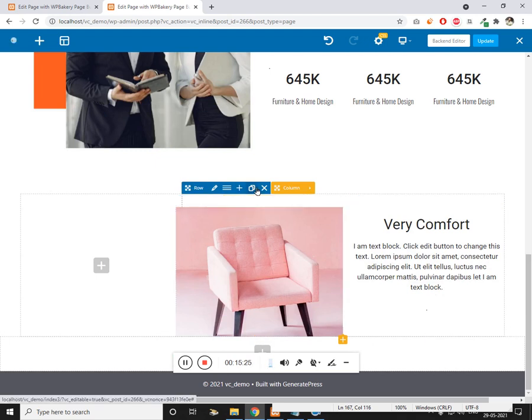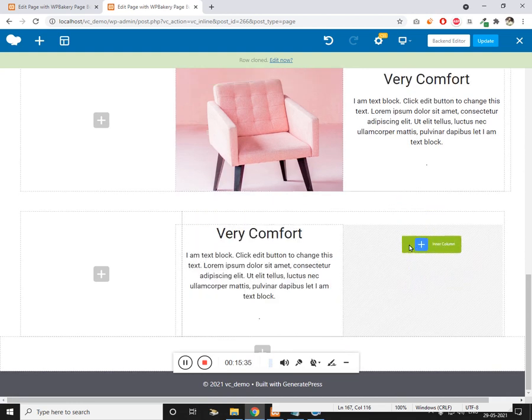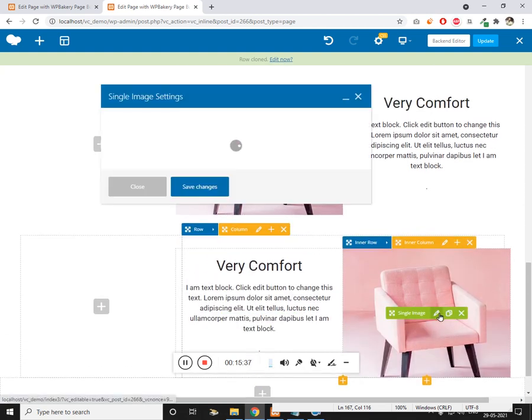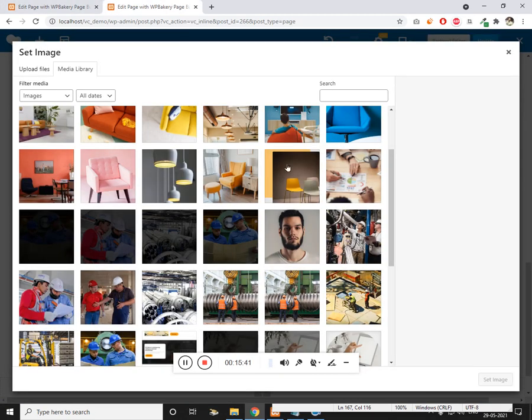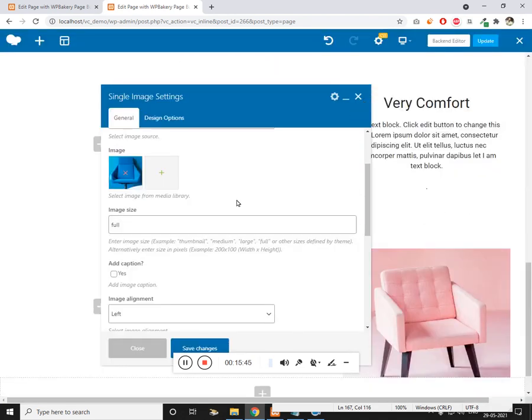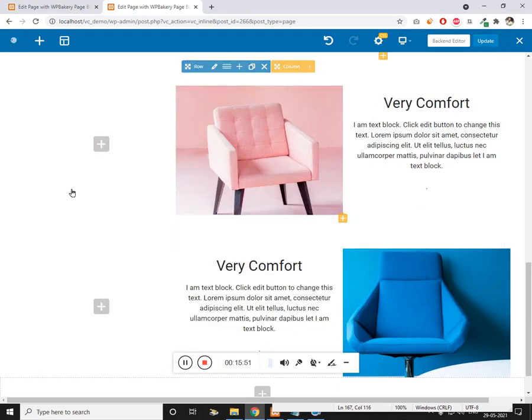So what we can do is we can make a duplicate of this, click on copy and just change the position. And let's change the image as well. So this is blue image. Save changes. So let's update. So I think we have made a mistake.